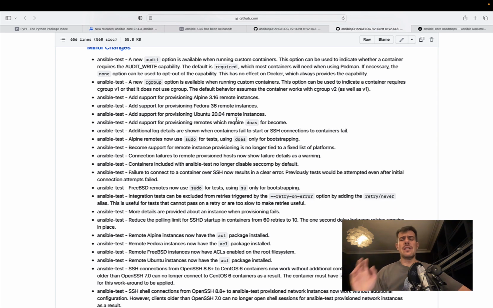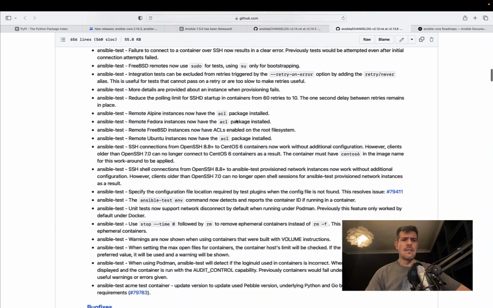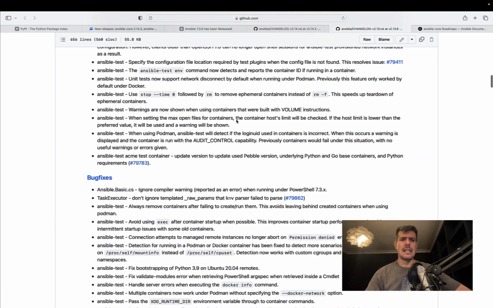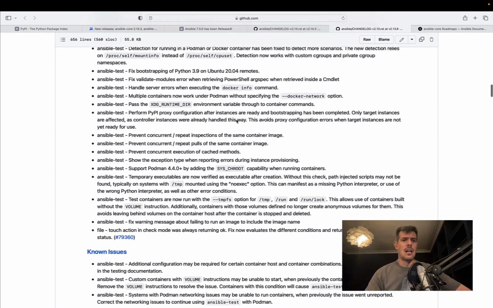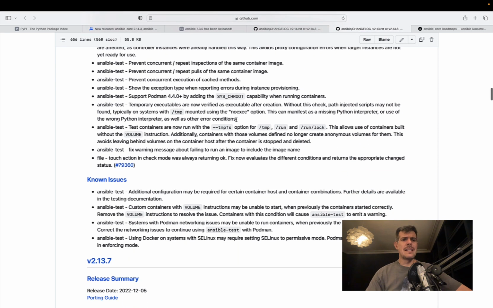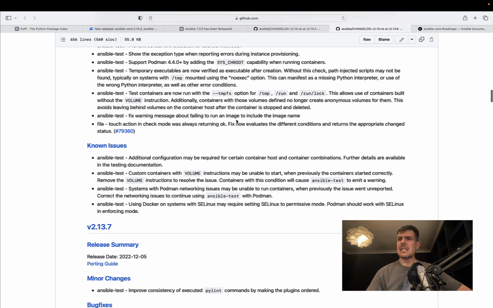So this is a new command line utility that was introduced 1 month ago with 2.14.2. As you can see, this is basically a backport release, and it introduced also some fixes. Please take a look at the known issues. The previous release of this branch was 2.13.7. Okay, so we got the